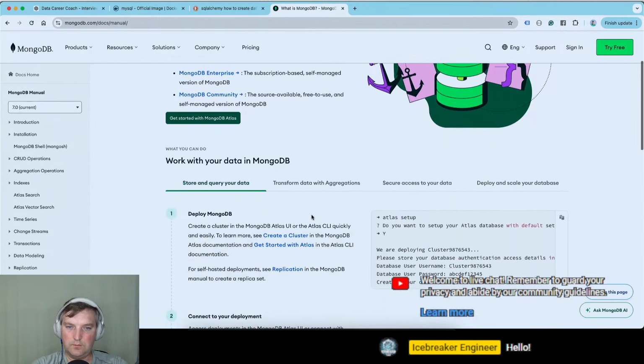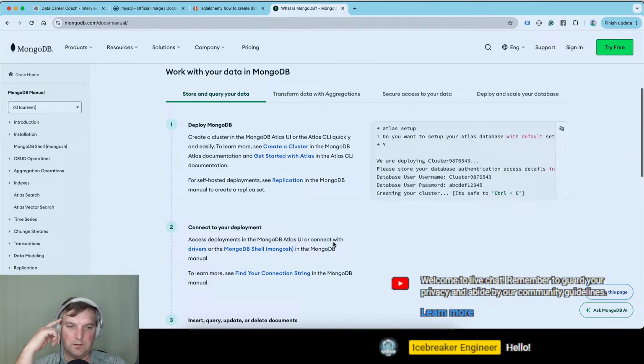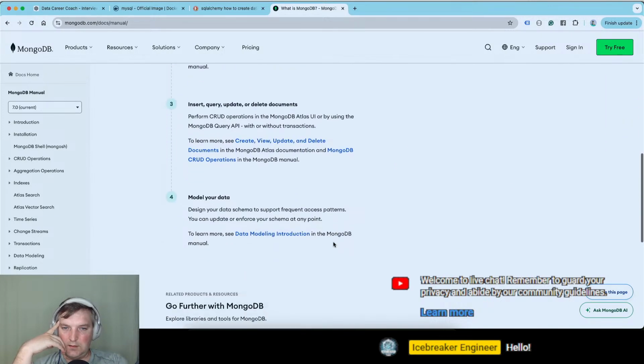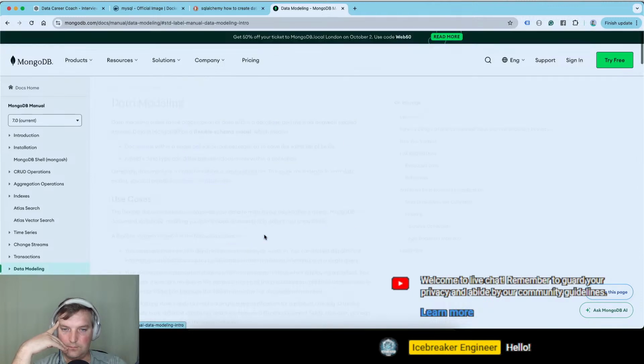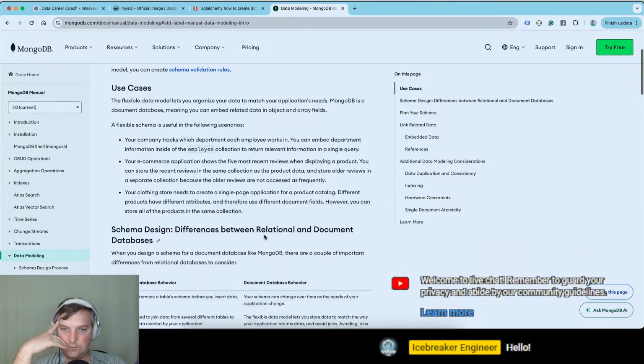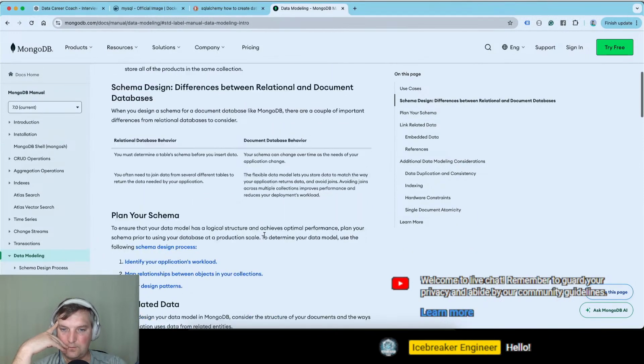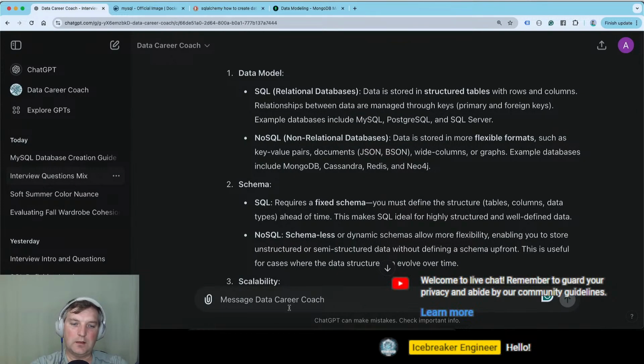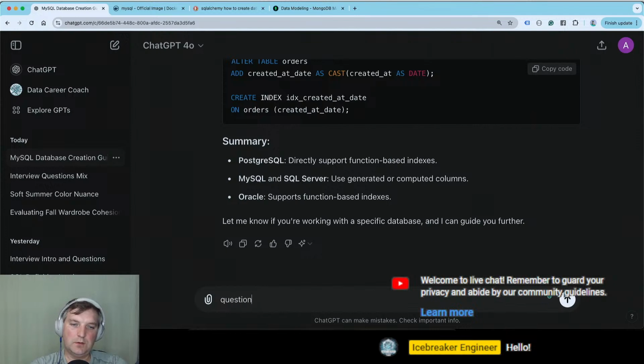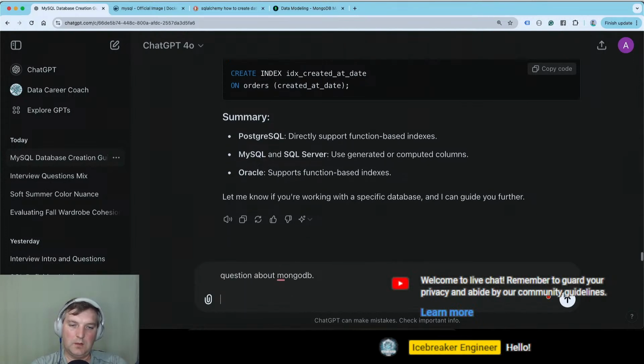Database manual. Okay, model your data. Why? So that's the thing, right? Why? Okay, so we need to go to a different question about MongoDB. Why would you model data in MongoDB?